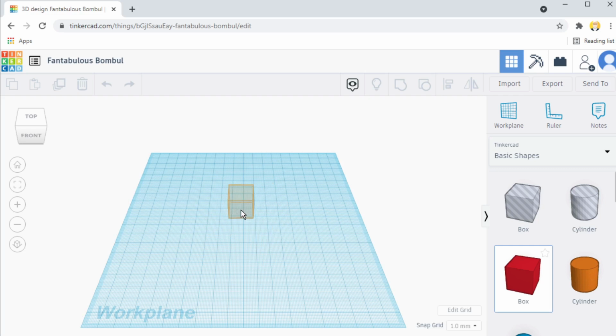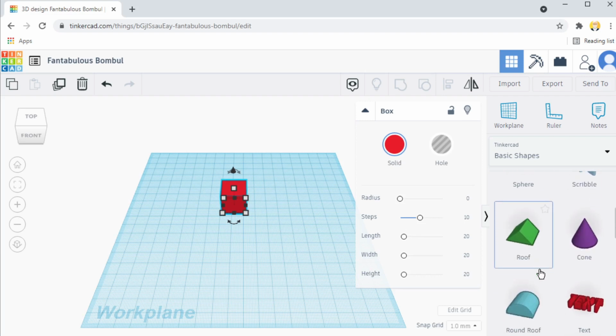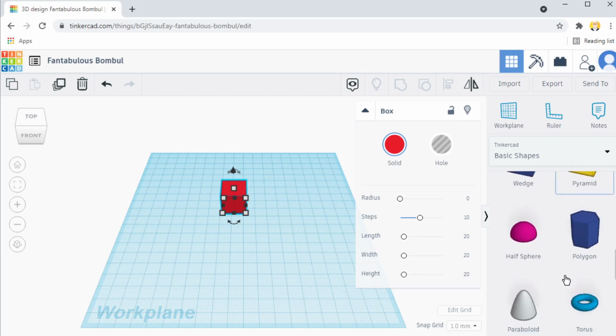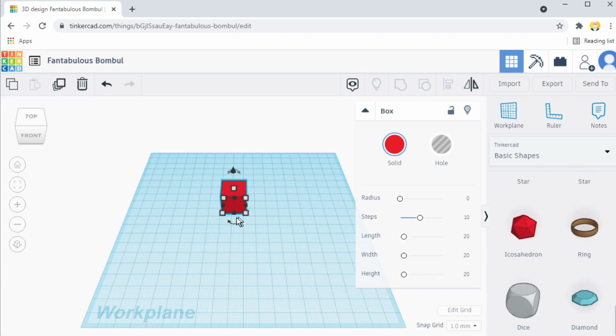And if you are familiar with 3D design, you should be familiar with this, what is a work plane and what are these shapes. This is a cube or box, this is a cylinder, then there is a sphere, a cone, text, and some other shapes are also available. So students can select any shape and then they can modify it in this area by simply clicking on these small white color square boxes. If I click and drag, the size of this geometrical shape will change.